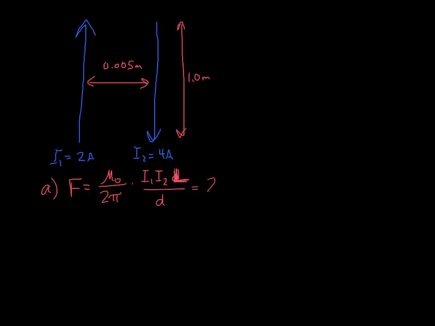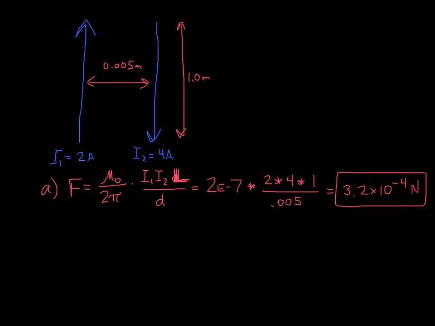Mu naught over 2 pi is 2 times 10 to the negative 7 times, multiply each of the currents, that's 2 times 4 times the length of the wires, which is 1, divided by D, the distance between them, 0.005, and you get a net force of 3.2 times 10 to the negative 4